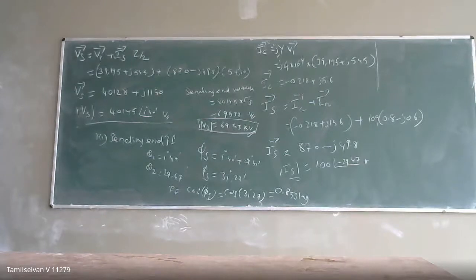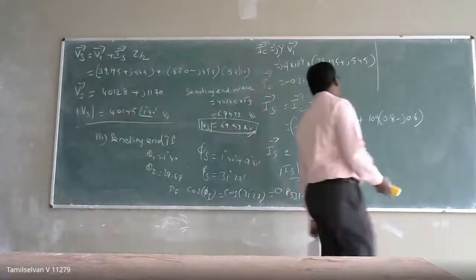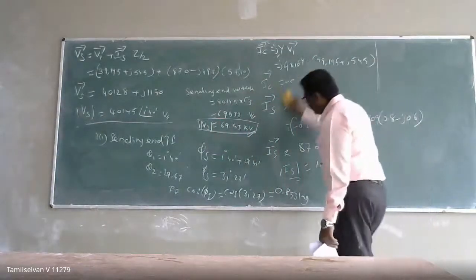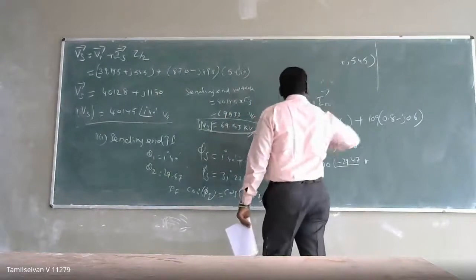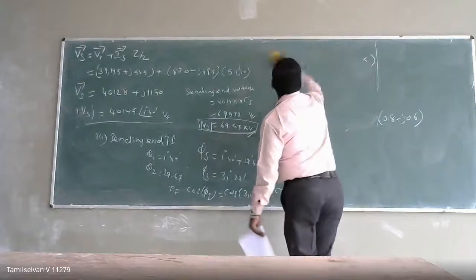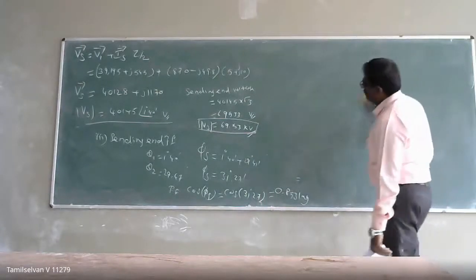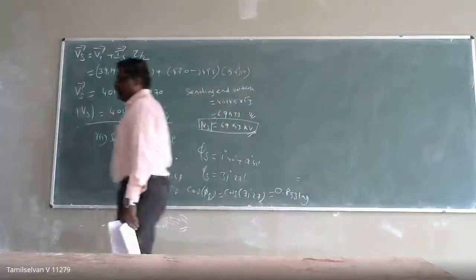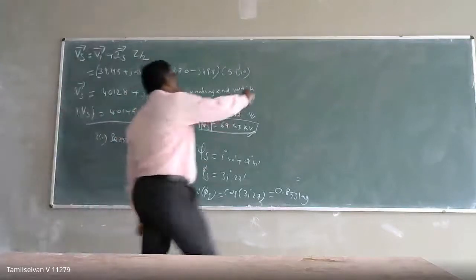Okay, the loss here is nothing but inductive circuits. You can calculate using that one, or you can use the limit. Since we know the voltage, current and power factor, we can calculate directly the sending end power. So I can calculate the sending end power to calculate my efficiency.